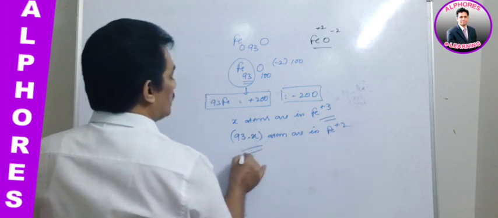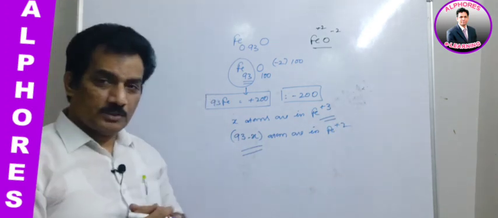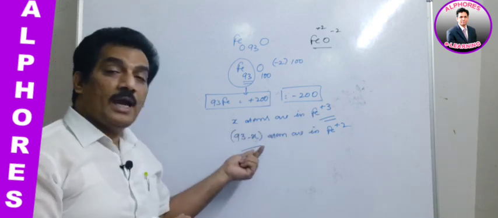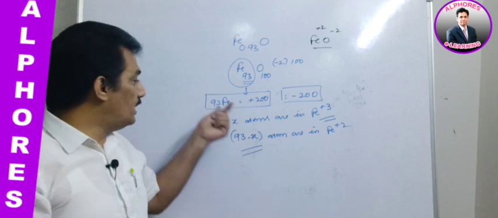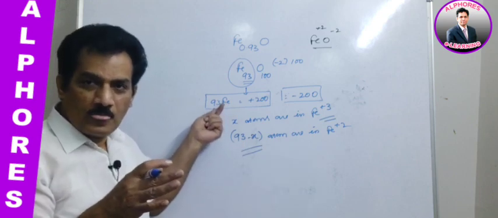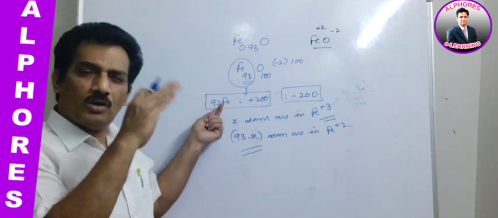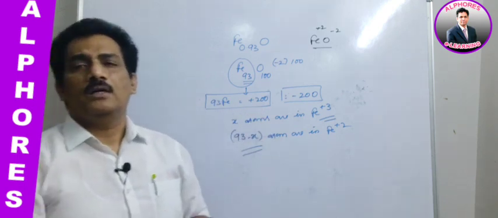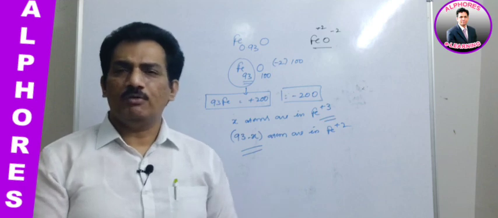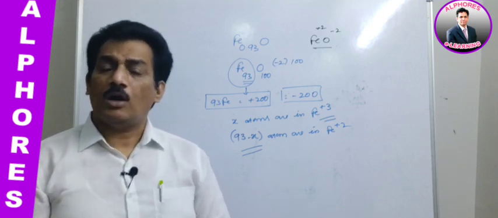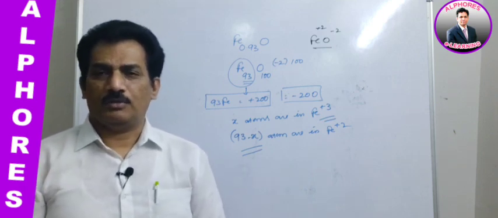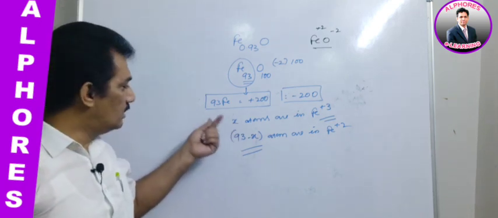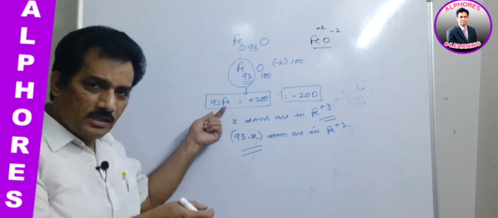Here you remember, my dear students, most people take X and the remaining as 100 minus X, but actually 100 atoms are not there. If it is percentage composition, for example for isotopes, if one is 25% available, the second one is 100 minus 25. But here it is not the case. Just observe, the total number of atoms is 93 only.